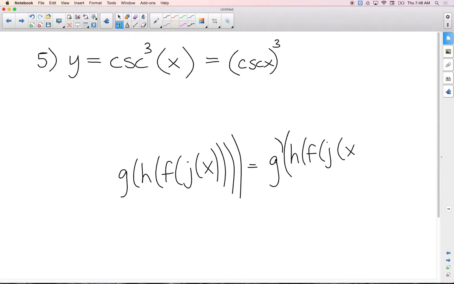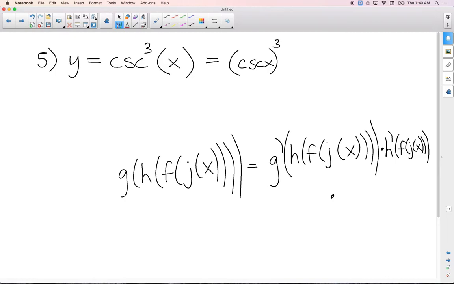So 1, 2, 3, 4, close 4. Times the derivative of h evaluated at f of j of x, times